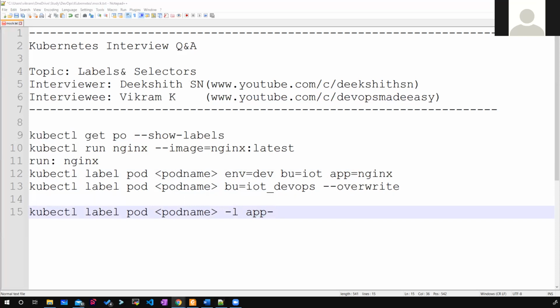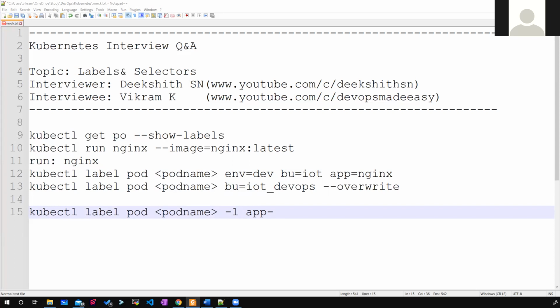Do you know what annotations are? Annotations are also like labels, but we don't use annotations for filtering or selecting any resources inside the cluster. We use labels because we want to filter out some resources and group them together. But annotations are not like that. Annotations are non-identifying metadata which Kubernetes doesn't use internally. Even if you don't give any annotations, it won't care.